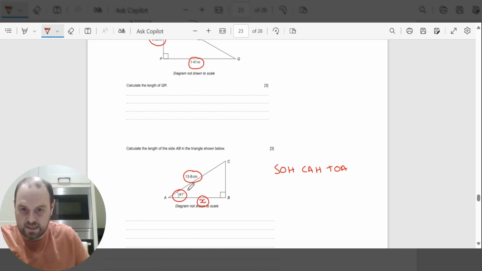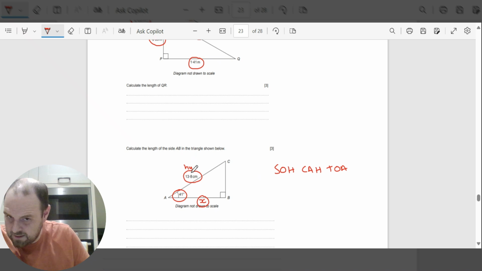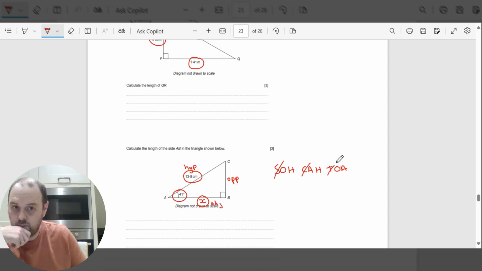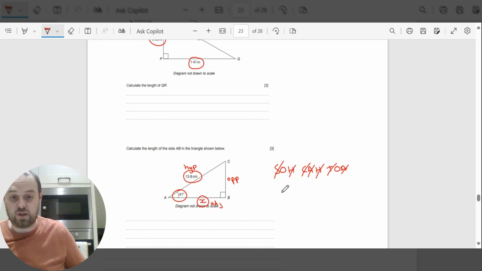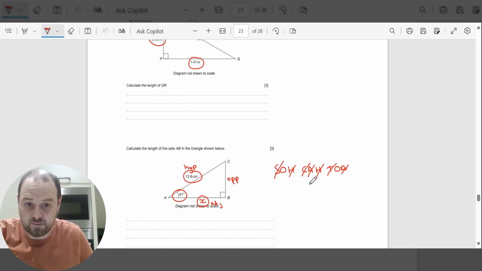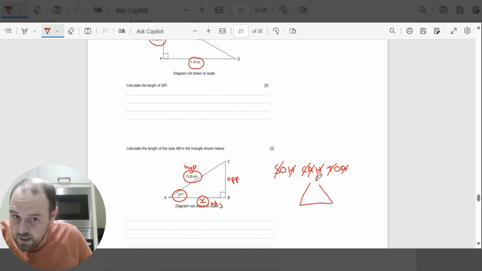So let's label it. The big side is the hypotenuse. The side opposite the angle is called exactly that, the opposite. And the final side, we always label as the adjacent. So cross out SOHCAHTOA, which sides do we know? We know the hypotenuse. We know it's 13.8. Which side do we want to know? We're interested in finding out the adjacent. That's the one the question's asking us for. Which side don't we know and don't we care about? The opposite, right? So it's crossed out. So we're using